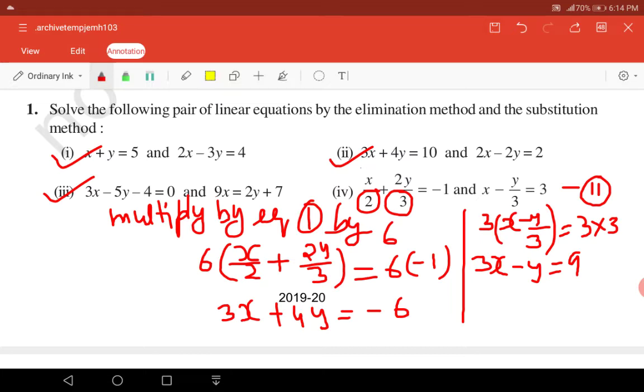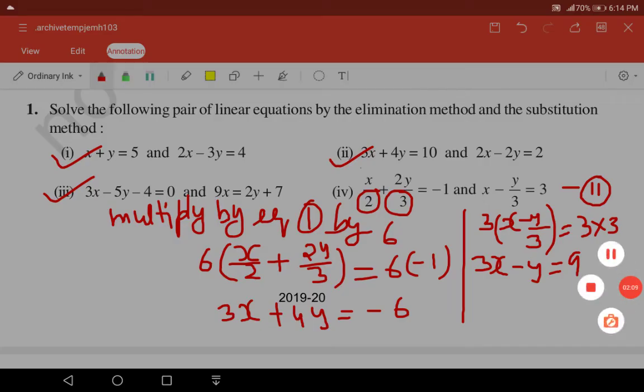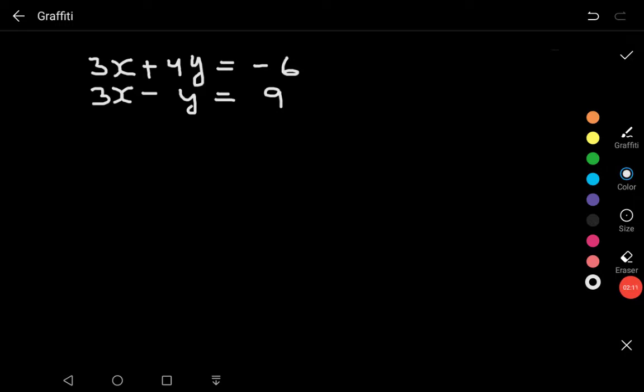Now we have to solve these two equations by using the elimination method. What is the meaning of elimination method? In elimination method we have to remove one variable. एक वेरिएबल को हम रिमूव कर देंगे और फिर जो दूसरा वेरिएबल है उसके लिए हम इक्वेशन को सॉल्व करेंगे. So let us see how to do that. So now as you can see here कि हमारे पास यहाँ पे जो x वेरिएबल है उसके कोफिशिएंट सेम हैं first and second in both the equations.